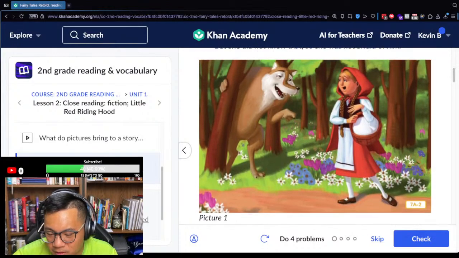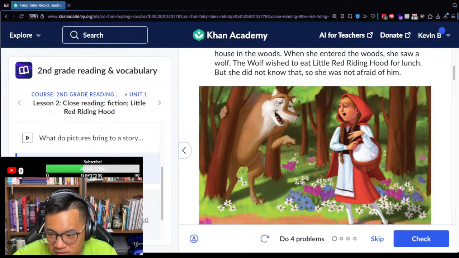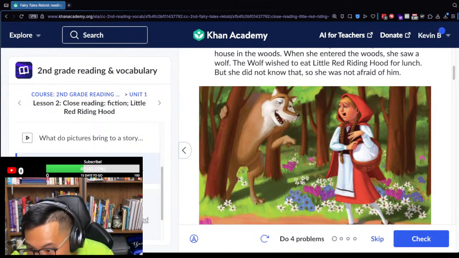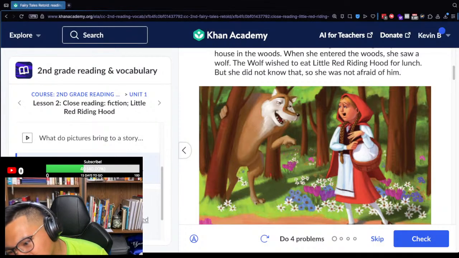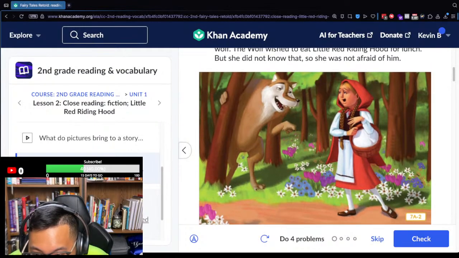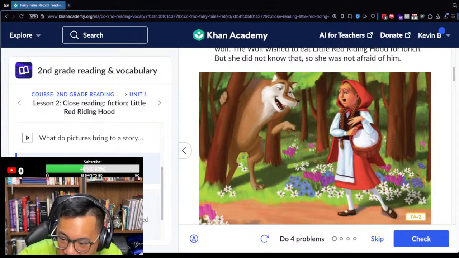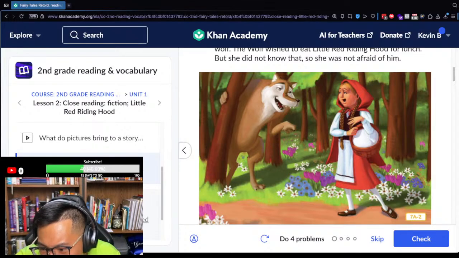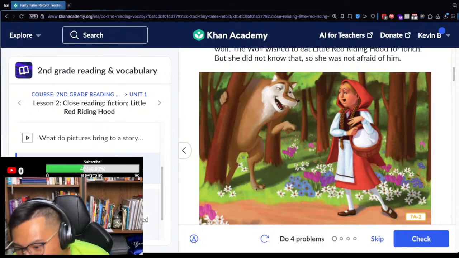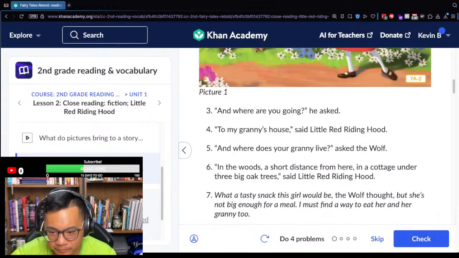Look at that. He looks kind of nice. Is this AI generated? Hope it's not. What's weird about this picture is that you can't see the actual hood. That's why I asked if it was AI generated. Nah, it can't be. This course has been around for a while. Anyways,